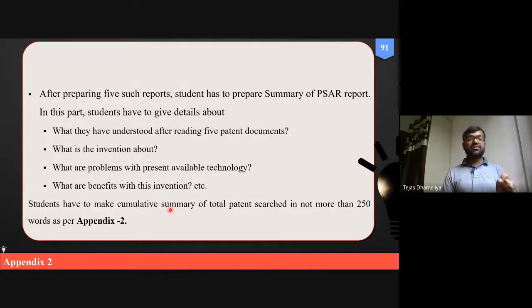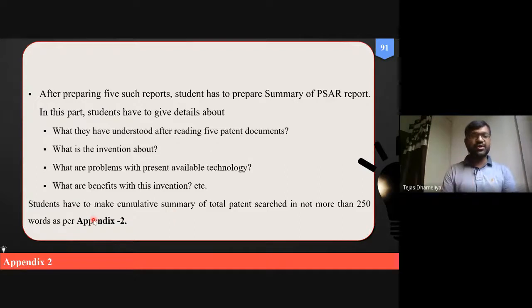Remember, when you appear for your ITD, there is also some weightage of marks for IPR or for this PSR report. So in the PSR report you get some marks: whether you have prepared a PSR report, what quality of patents you have referred, and so on. So there will be some weightage for it. Although I don't believe in marks, whatever we are learning should have certain importance. That's why I am discussing with you how to prepare a PSR.